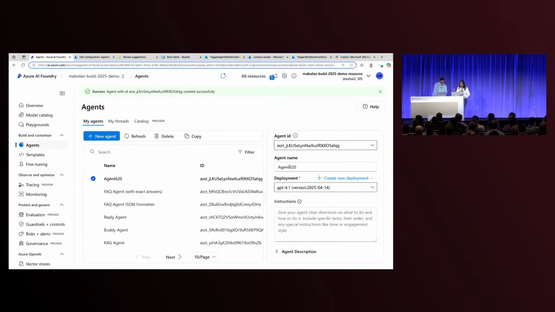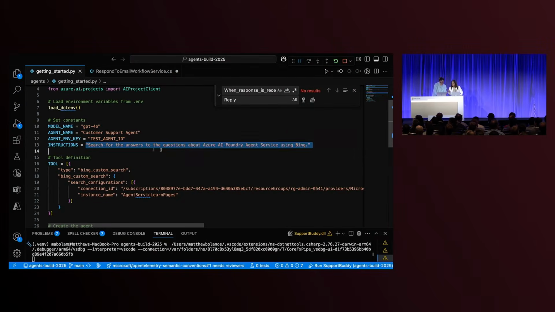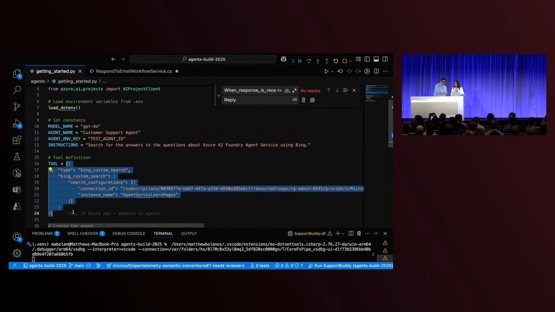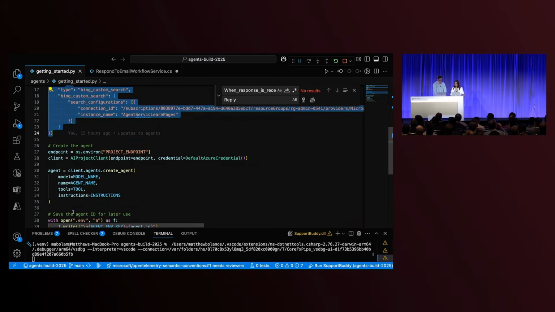A name? A name. The instructions. The instructions are like the personality. Yes. Well, it's role and it can be very sparkly like yours. Yes. And the tools. OK, and we can just give this to our SDK, our APIs, in a few lines